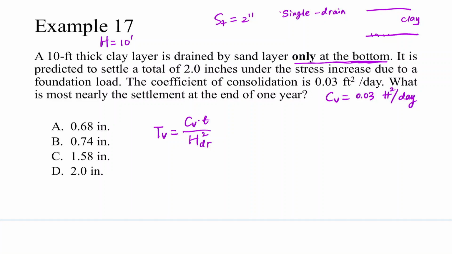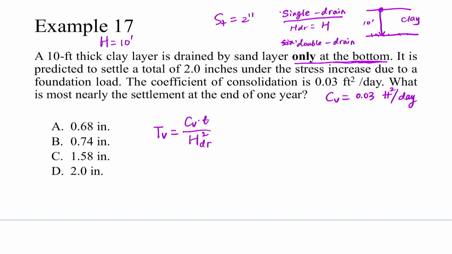So this is the drain side, and the drainage path would be from the top of the clay all the way to the bottom of the clay, which is 10 feet. So under single drain condition, your H_dr is essentially H, the thickness of the clay. But if you have a double drain condition,